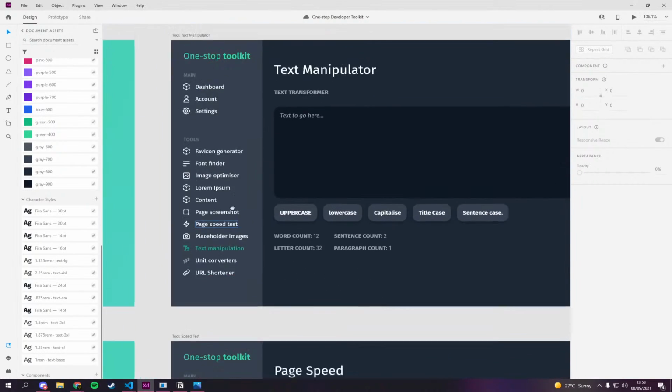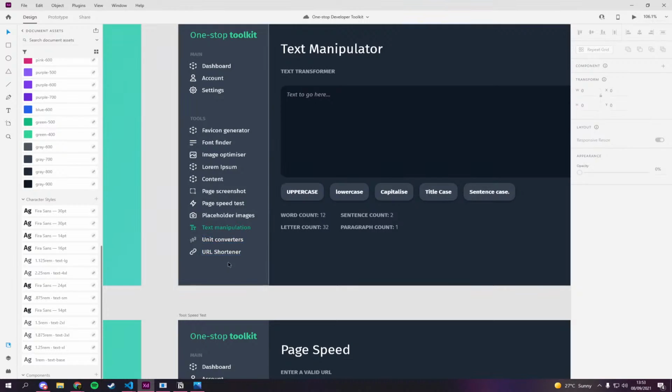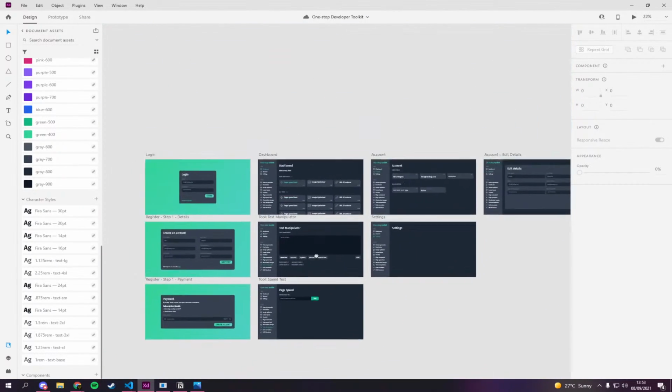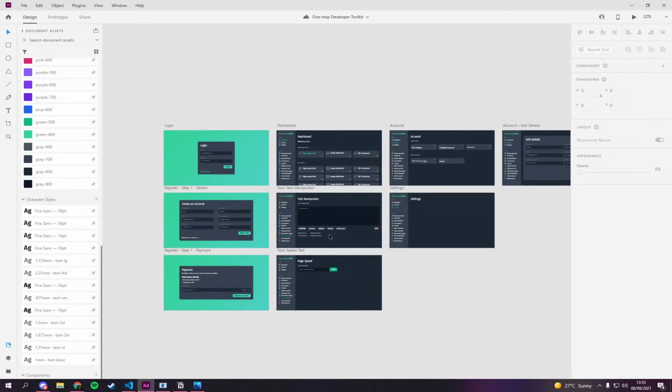Just as you can see here, we've got URL tracking. It's going to be spelled tracking, not sure. There's placeholder images, page speed tests, page screenshots. All this in one place, basically. It's a multi-tool. It's like a builder's multi-tool. It's that for people who use the internet. Those technical people who have the power of writing content on the web. It's basically for those guys.